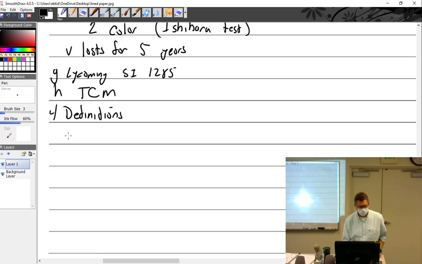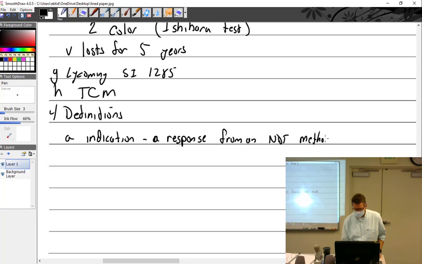Definitions. An indication. An indication is a response from an NDT method. A response from an NDT method. So, for example,